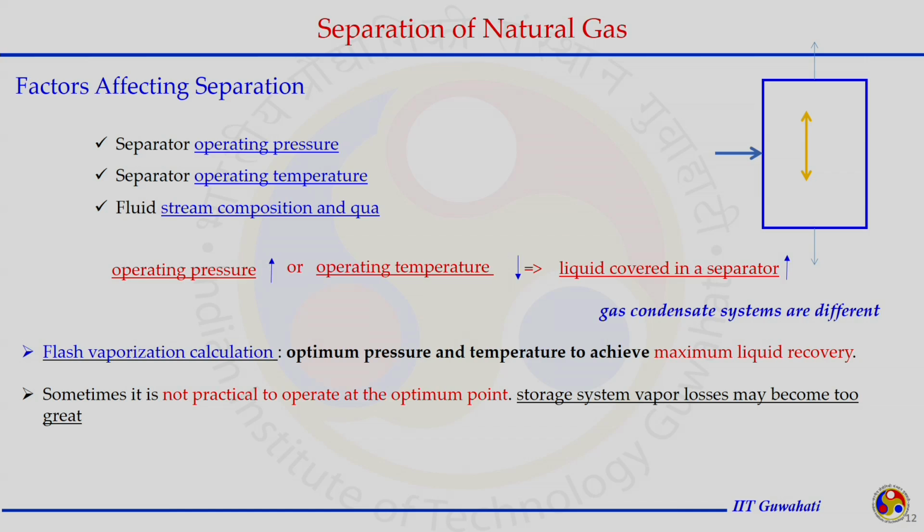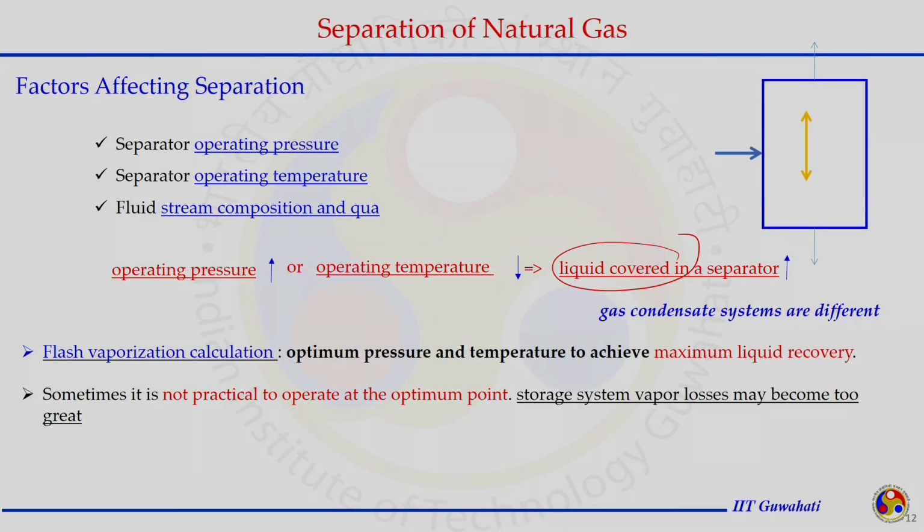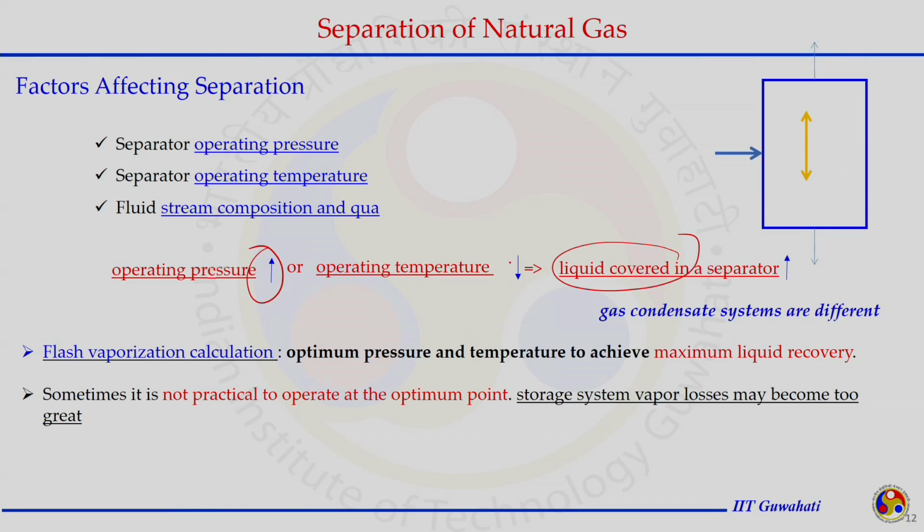In general, if the operating pressure is increased, we are going to get more liquid recovered. If you remember from our phase diagram, when the gas enters the two-phase envelope at a higher pressure, the tie line says we are at a higher percent of liquid. Similarly, if we reduce the operating temperature, the higher hydrocarbons will drop out from the gas phase and reach the liquid phase. In both cases, when we increase the pressure and reduce the temperature, the liquid recovered at the separator will go up.